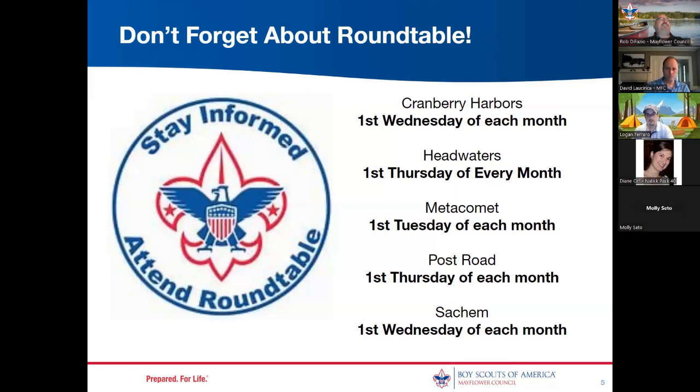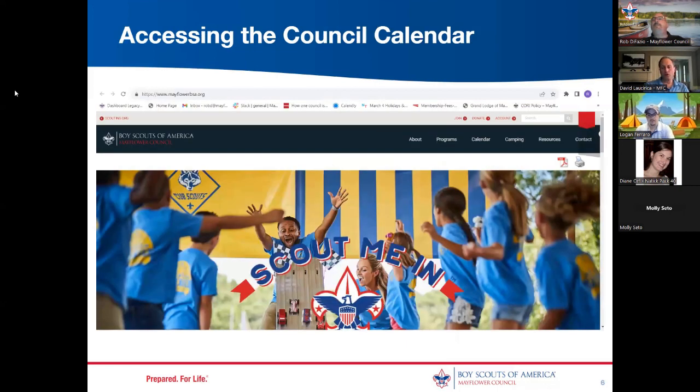If you sit down with your leaders and say, okay, we have 6 leaders here, and there are 8 or 9 months of roundtable, so what we're going to do is, David's going to go in October, Logan's going to go in November, and Rob's going to go in December, and split that up a little bit and have them go and take notes. It's a great way, again, to keep informed. They're going to come back with a lot of great ideas because they're going to be able to talk to other leaders. And even though we took off July for roundtables, there are August roundtables that we encourage everyone to go to, talking about the new rates as well as other information that's important.